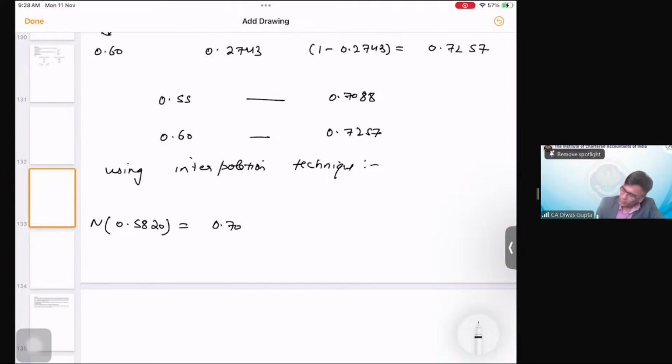I'm just using the formula right away, okay? We take the lower value, and in the numerator the difference between the higher and lower value, 0.7257 minus 0.7088,